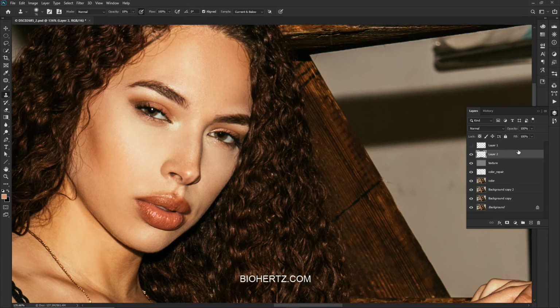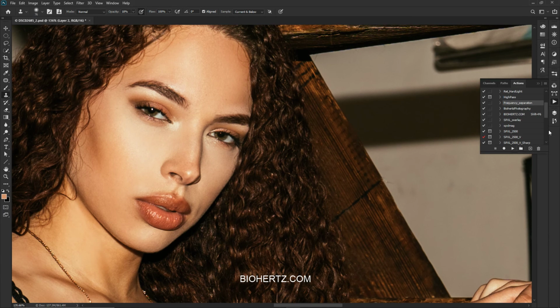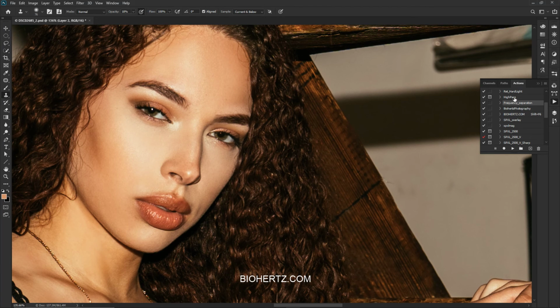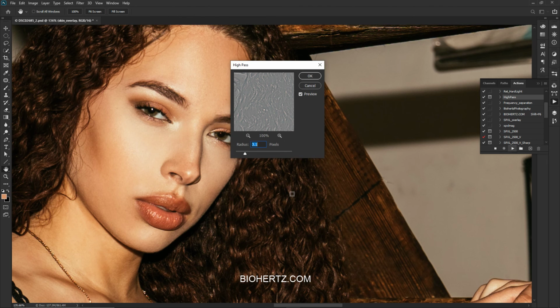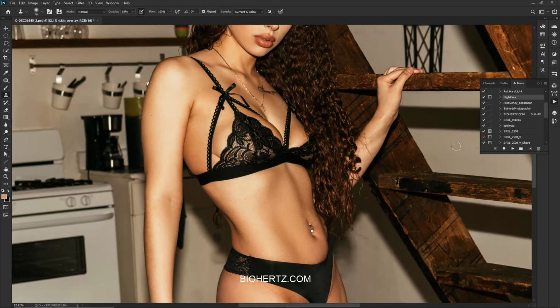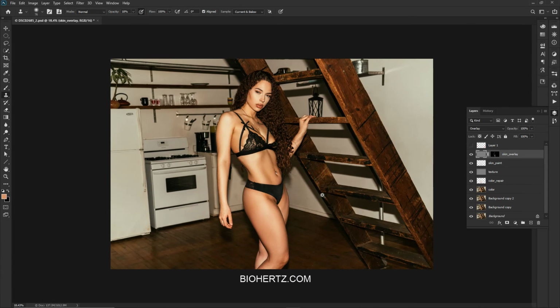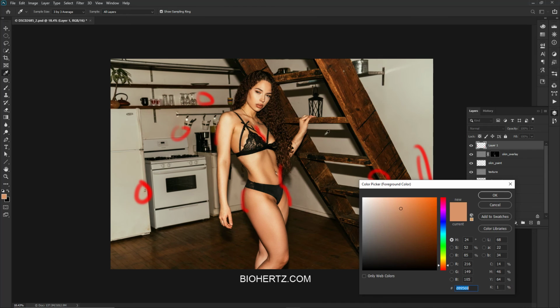Okay. So last thing I'll do is on that final layer that I just painted everything on, all the texture's gone. So I'll go in and do a high pass filter on that, and then boom, I have it set to about 3.1 pixels. Okay, so that all looks pretty good to me. To finish this thing off, though, I do notice that there's a difference. If I look at my map, I didn't reference this. There's a difference in